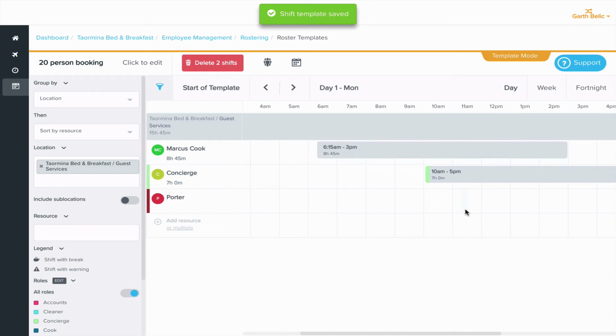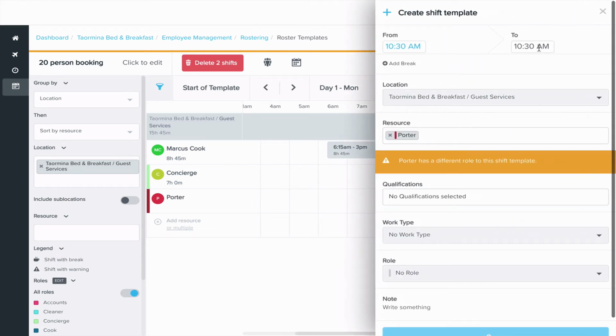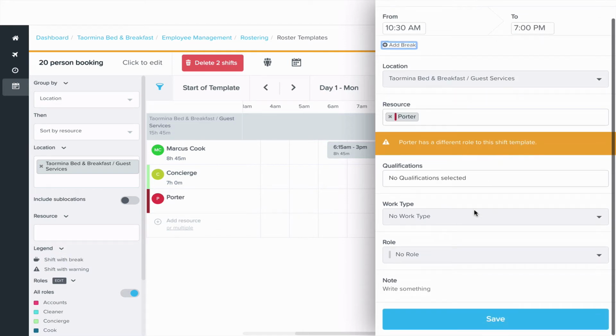As well as that, I need a porter to arrive at the same time as check-in, but they're going to have to work a little bit late to help me check out as well. So they're going to start at 10:30 and they're going to finish at, say, 7 PM at night. Just to give you a note that I have to hold back and wait for checkout,